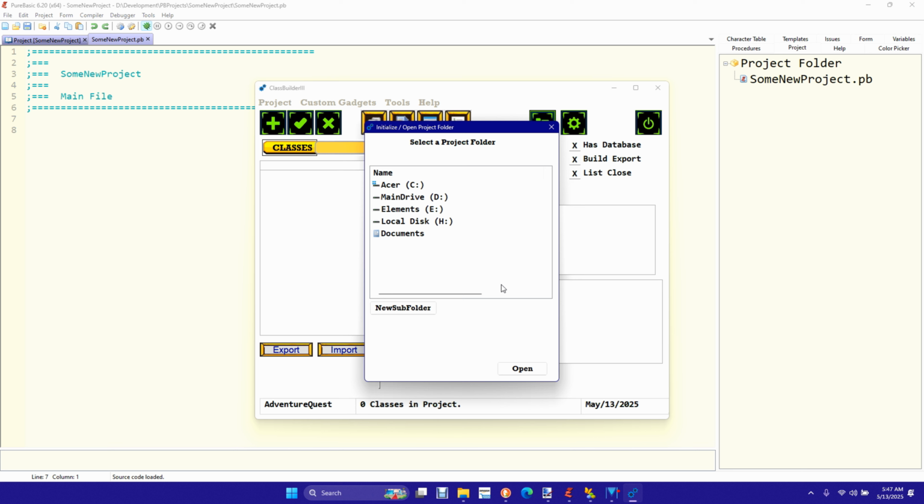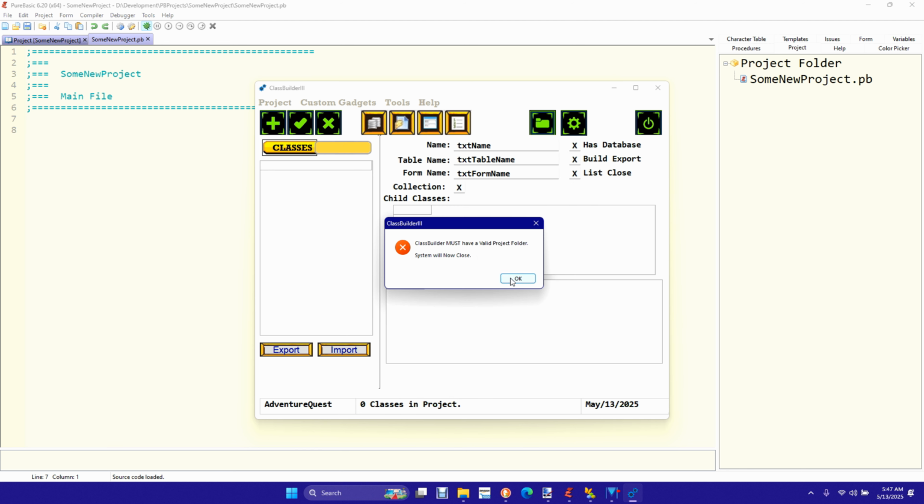So when you just launch ClassBuilder, he is trying to say, I've started, but I need a project folder. And by project folder, it's asking for your project folder where the rest of his database is going to be. Now, toward that end, the best way to launch ClassBuilder and deal with ClassBuilder, we're going to go ahead and shut it down, is